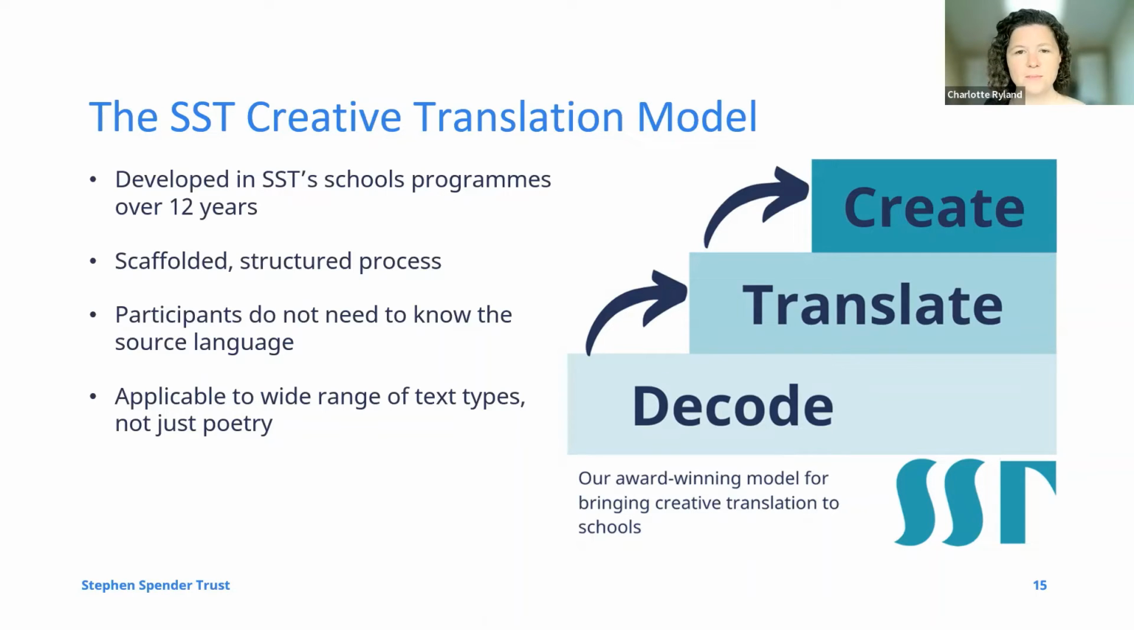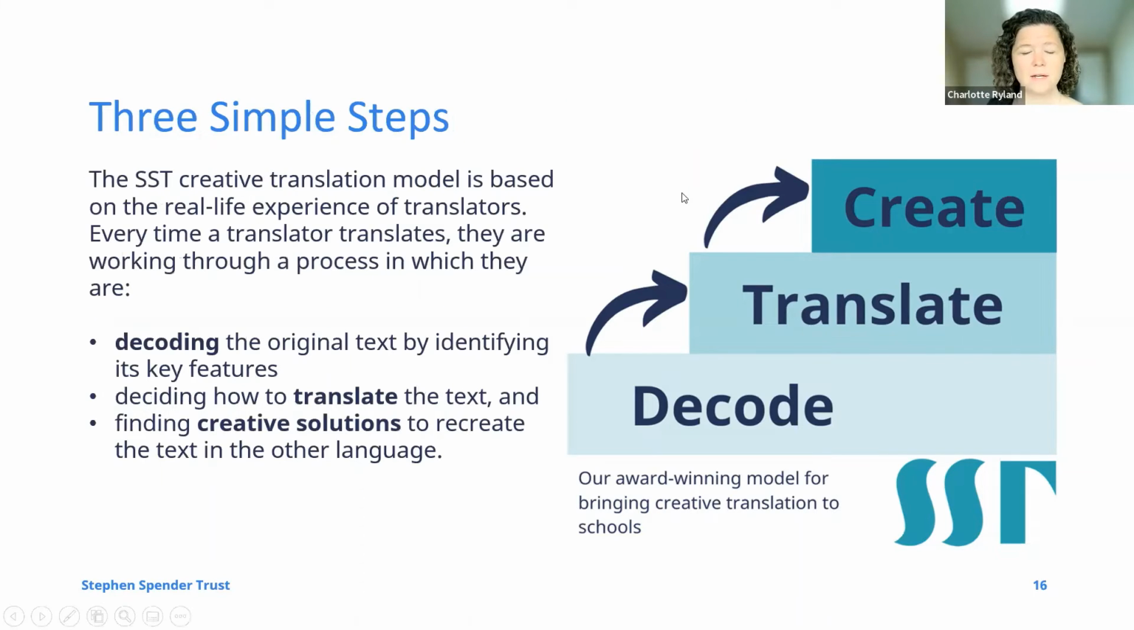So we start at the bottom with decode. That was, in the example I gave you, the image board where they're thinking about decoding the context and thinking about what the poem is about. Then they move on to translation with the glossary, and then finally they have that create phase that I was just talking about. This can work with different kinds of texts: poetry, picture books, prose, films, songs, and